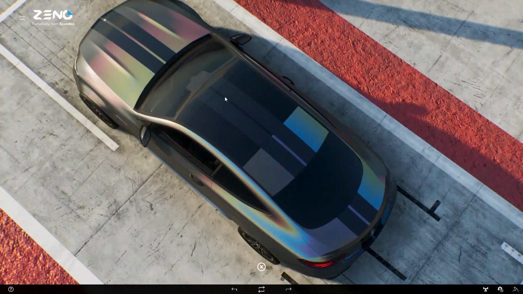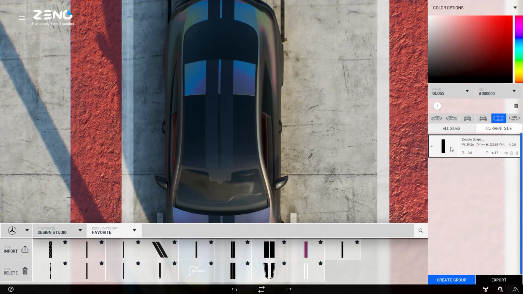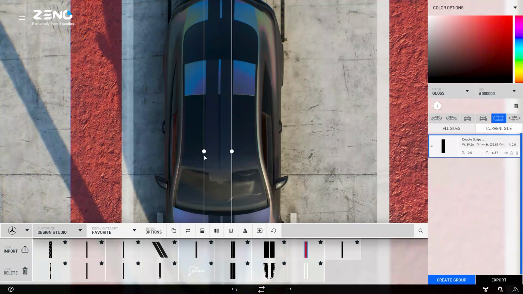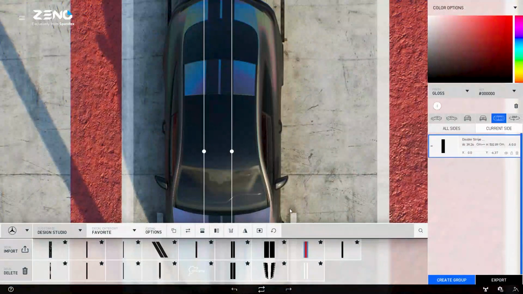But also the stripes are here on the glass roof, which we don't want. So we click on the stripes here. And use this very useful masking button. It lets us choose an area that we don't want wrapped. So just click here. And now you see it's not wrapped.